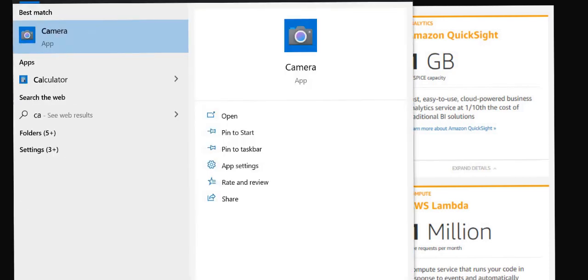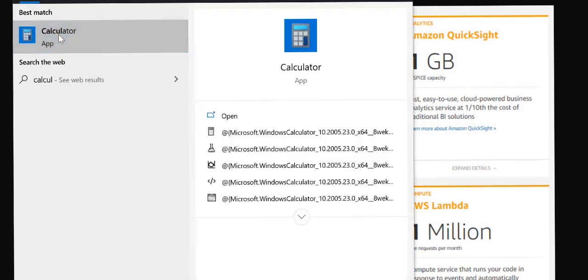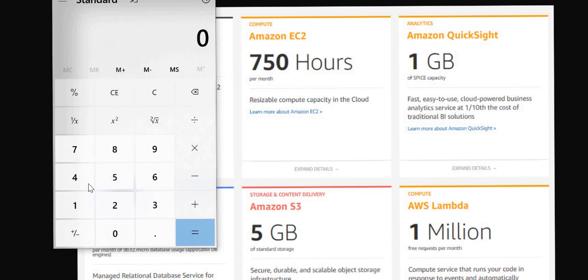If it comes to per year, I'm just calculating here. Go to calculator and you can check 750 times 12, right? 12 months. So totally they are giving 9,000 hours per year. Okay, you can use it. In the same way, if you are going to use above 5 GB of storage, you should pay for your usage, whatever you are using. So be careful in using your account.